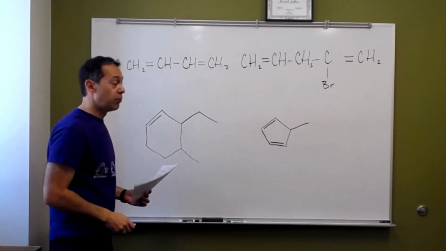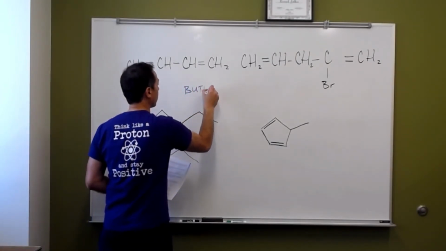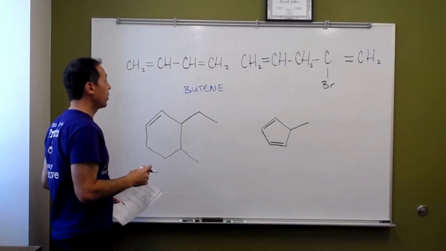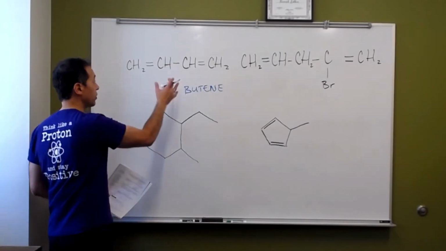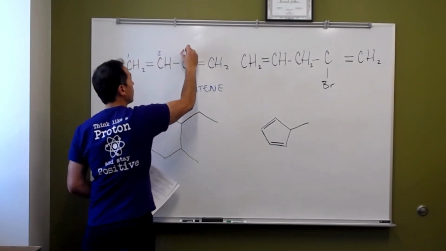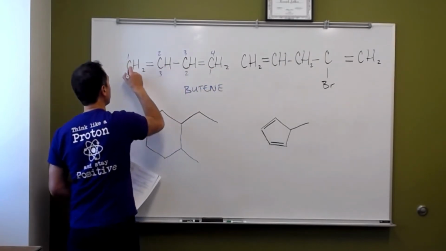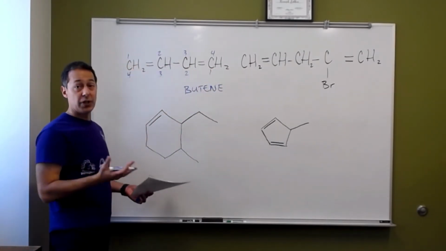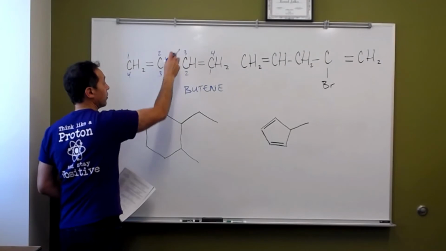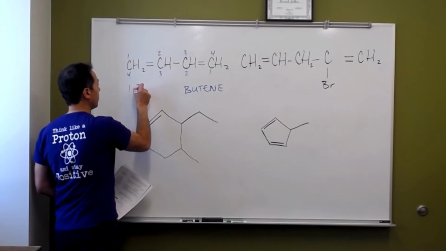So that'll be butene. And we want to number this so that way we have the lowest possible numbers going left to right or right to left. And so if we go 1, 2, 3, 4, or we go 1, 2, 3, 4 like this, either way it's going to be the same. And so our double bonds are going to be after the first carbon and after the third. And so this becomes 1, 3